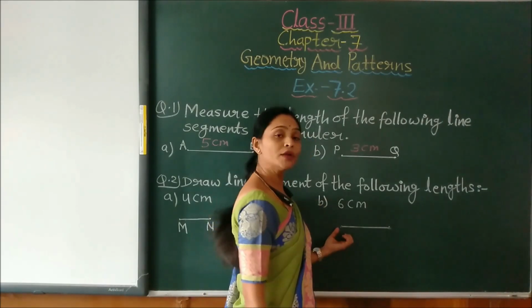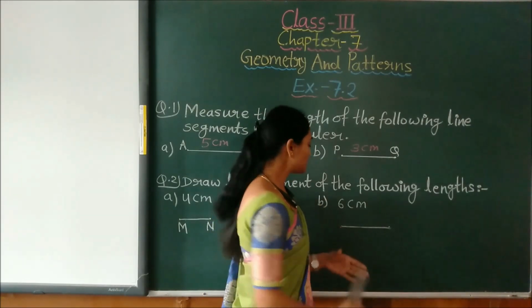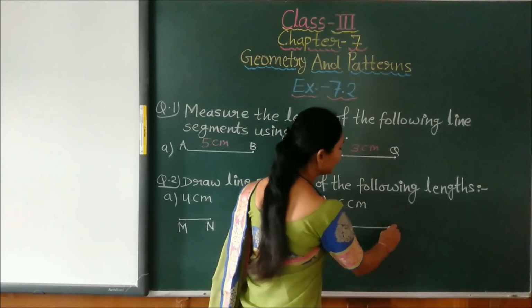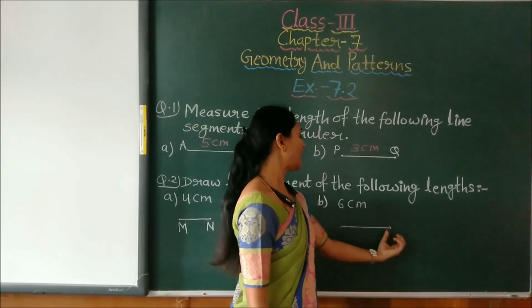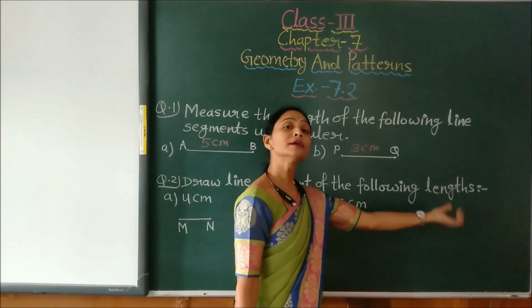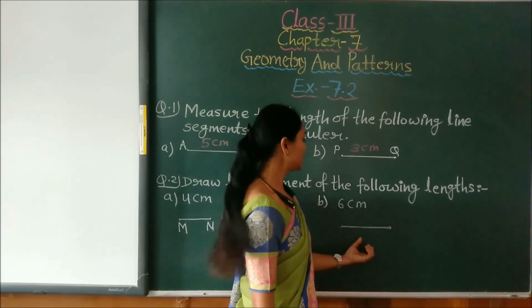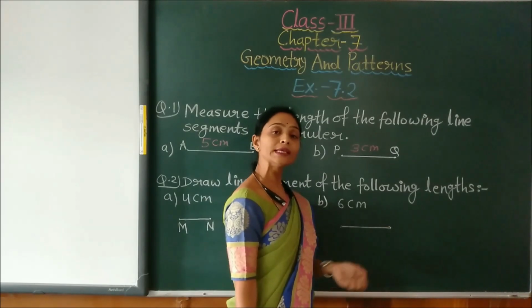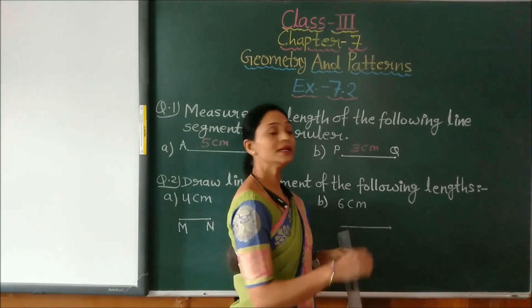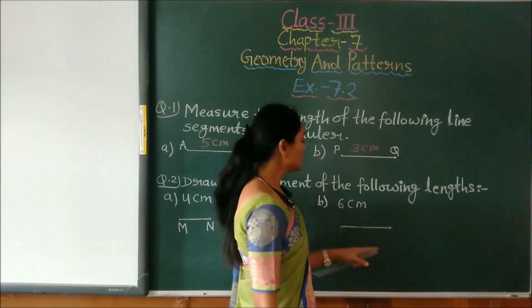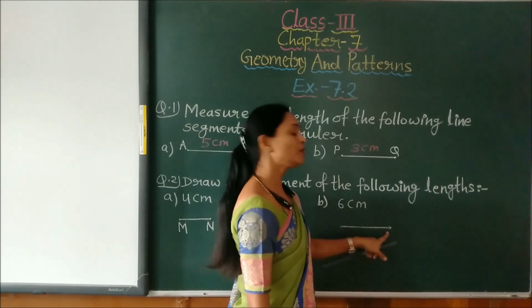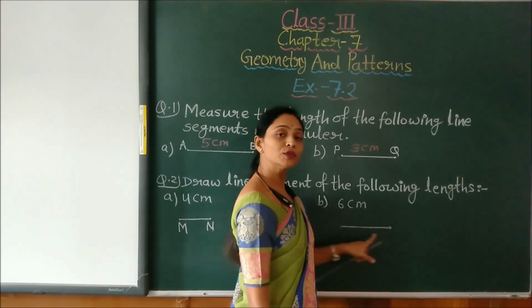Here this first dot we have to put in front of 0, and this second dot we have to put in front of 6. How much do we want? We have to put the second dot in front of that number. Yes, if we want to draw a line segment of 10 centimeters, then this second dot we will put in front of 10. Yes, so this way you will put 2 dots, and then you will join both the dots,